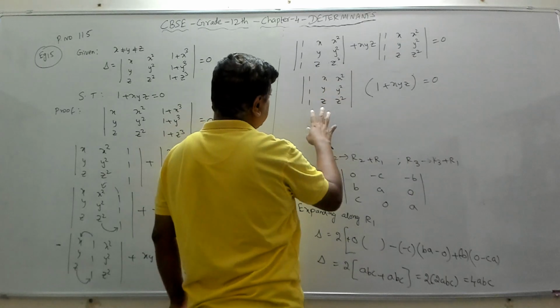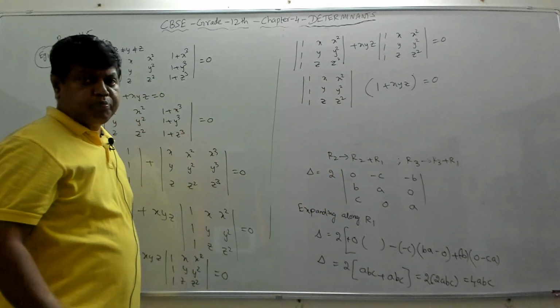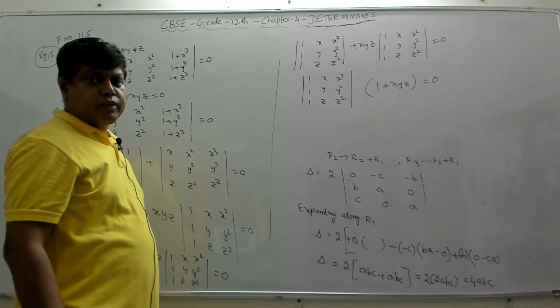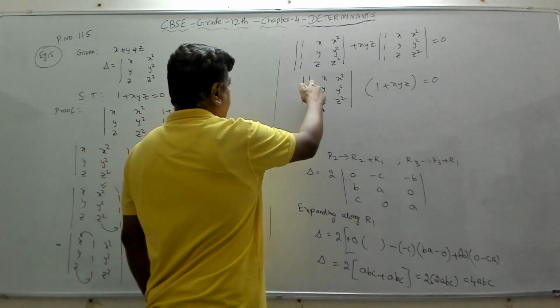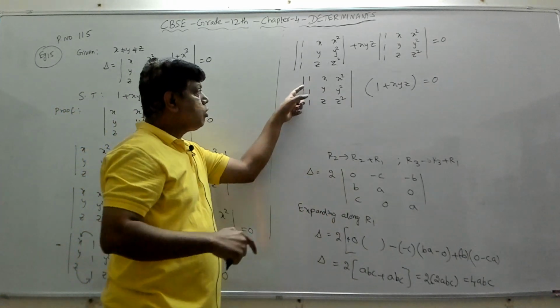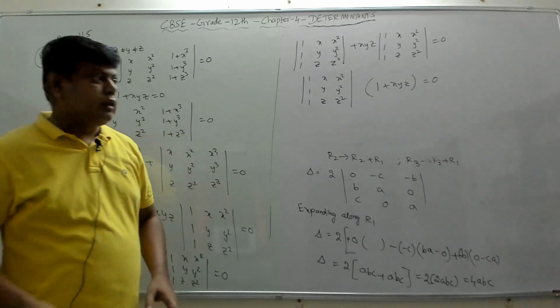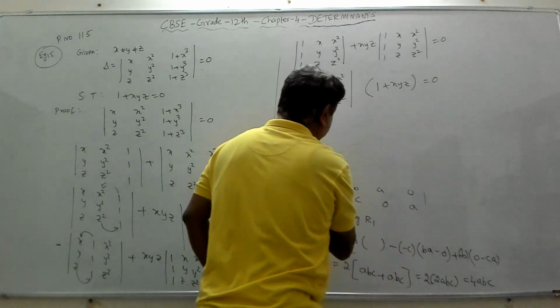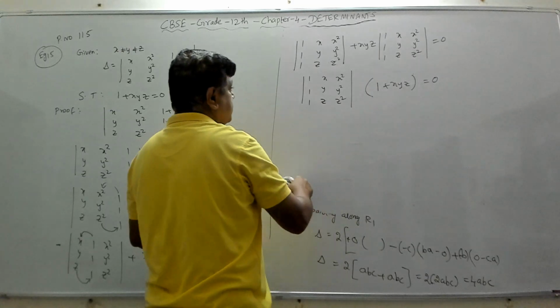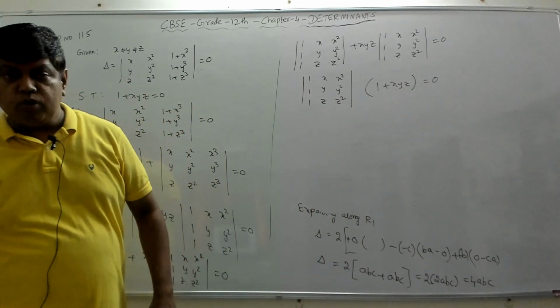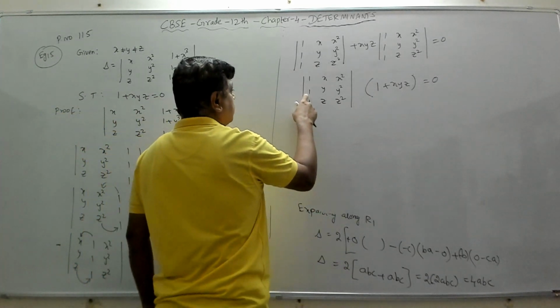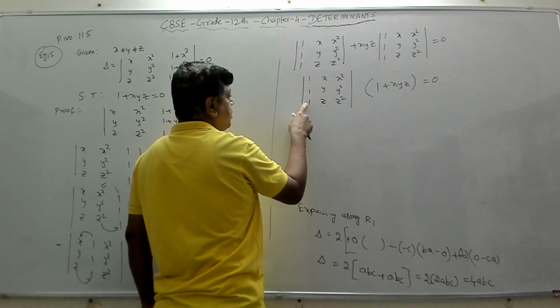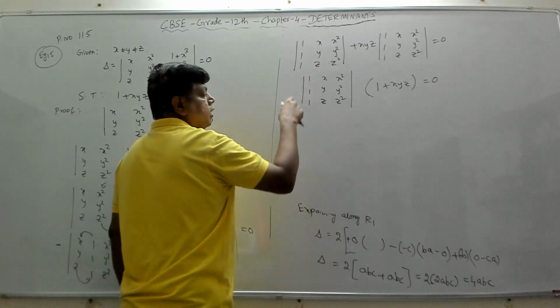So before expanding, we'll try to see if we can make the maximum number of elements in a row or a column 0. Now again, if you observe here, 1 1 1 is there. The moment you see 1 1 1 in a particular row or a column, it is easy to apply row operations or column operations and make two of the elements 0. So we can make this 0 by doing this minus this. Again, this can be made 0, R3 by R3 minus R1.